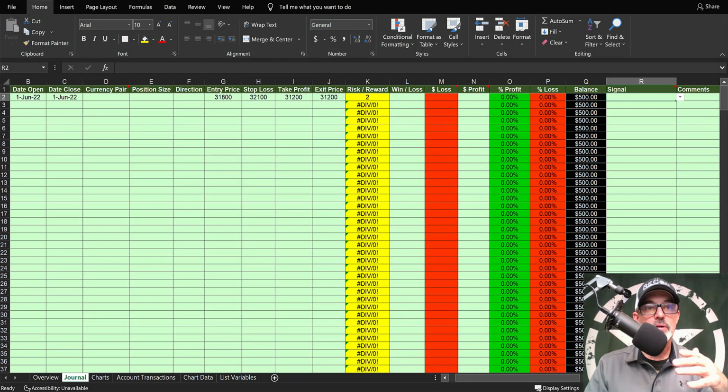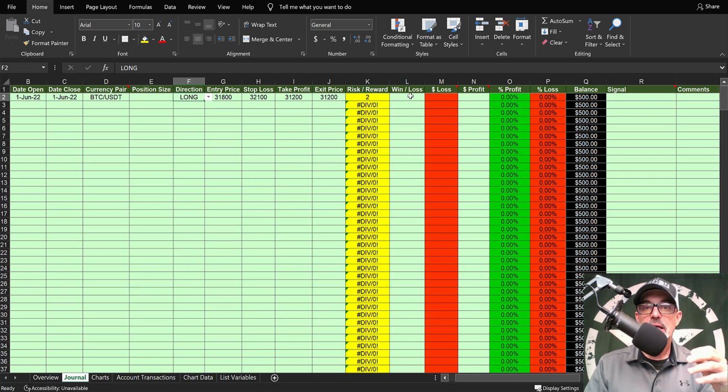over here in my RECON Trader Journal. I will put in the open and close date of the trade. I need to select the pair from the pairs that I will often trade, and in this case, let's just say it was BTC USDT. My position size, the direction I was going in, that could be long or short, the entry price, the stop loss price, the take profit price, the exit price. Those are all things I need to input, and that will actually show you my risk versus reward for that